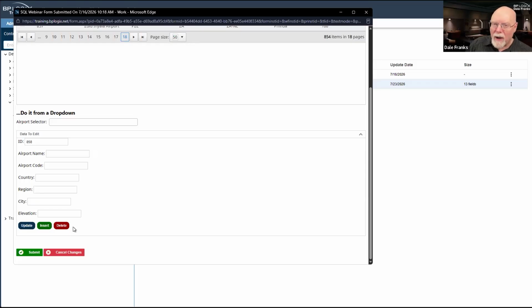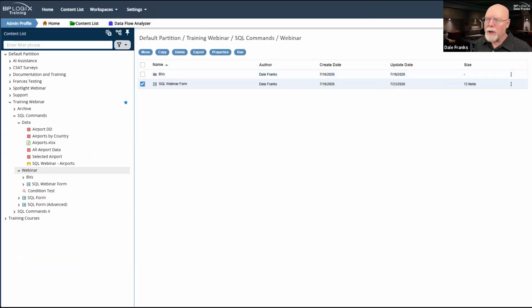Doesn't really affect what those SQL commands do and how those SQL commands work, but it is something that you need to think about in terms of how you want your form to work and how you want your users to be able to interact with it at runtime to ensure that they are not able to just willy-nilly delete stuff or update stuff without performing the correct interactions to do so.